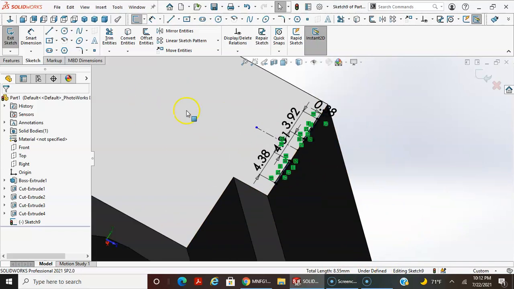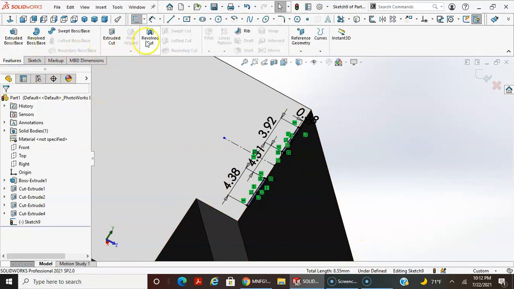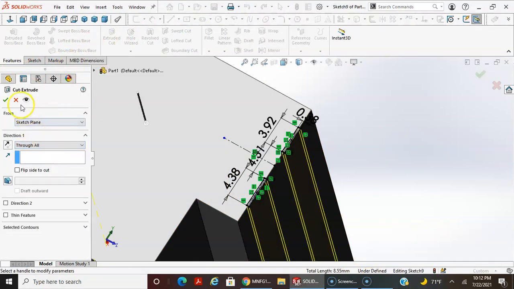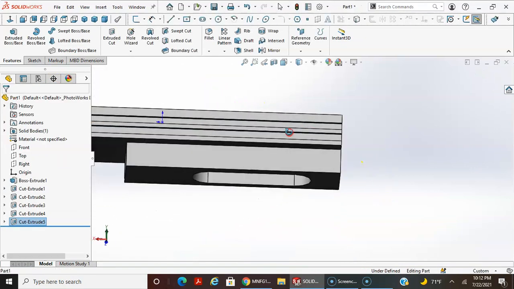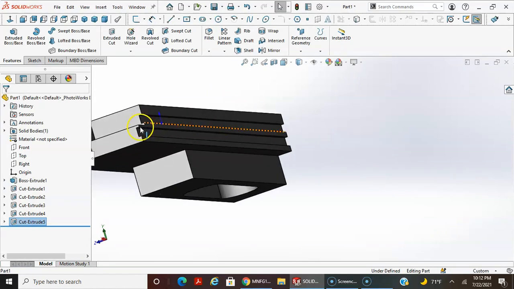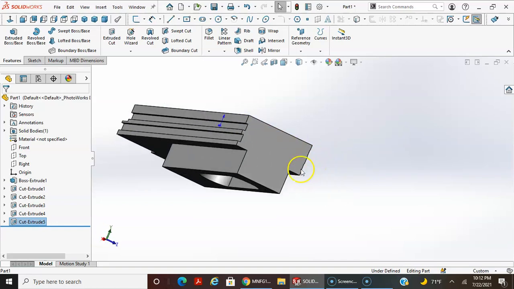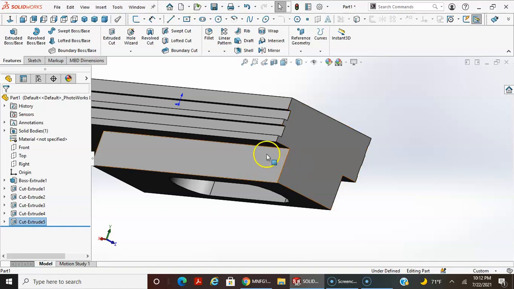It shows under defined because I didn't do it on this side, but I'm just going to show you now, if this were fully defined, I'm going to do features, extrude cut, and I'll do through all, done. And I think on this side it shows a little bit better example. And then I noticed on my little sample here, there's another little pocket here, or another little boss that I didn't do correctly. I think actually when I did the profile,